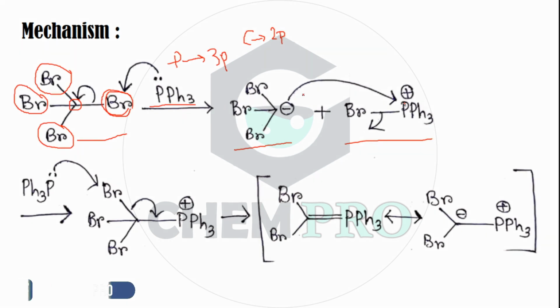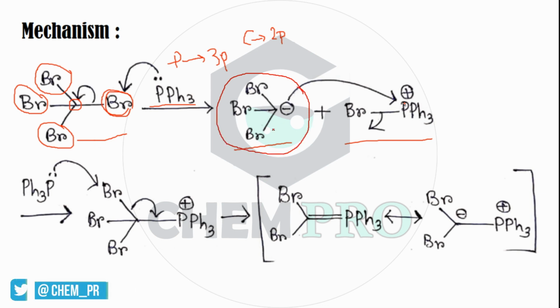And this is very important that this carbanion, that is tribromomethyl anion, is a very stable carbanion because of the -I inductive effect of the bromine, and this is the driving force of the formation of this